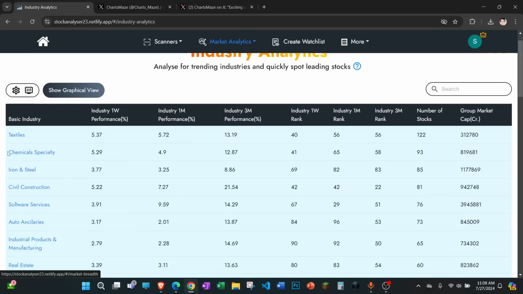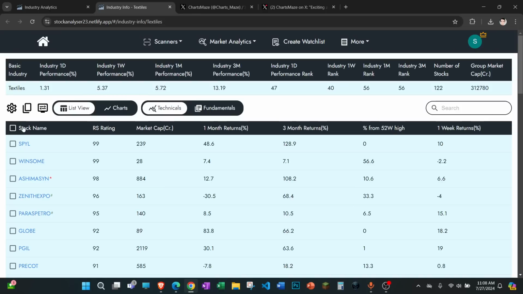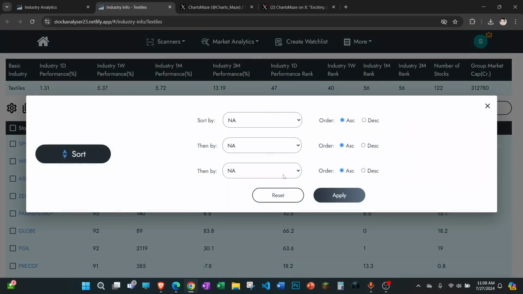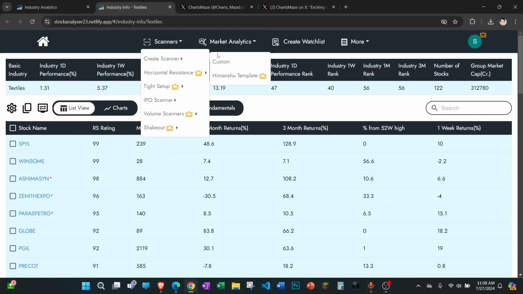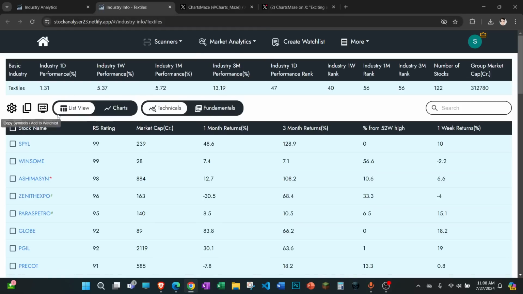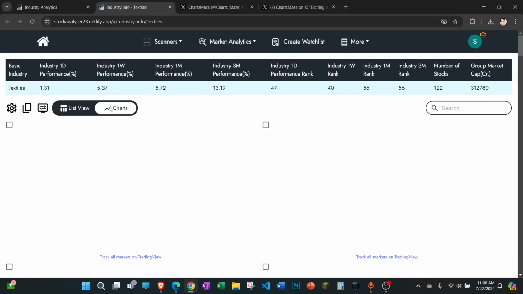So coming back to industry analytics, let's say I want to look at the textile industry. I'll just click it and I'll get the number of stocks. Here also in settings, in custom scan, you can eliminate all the stocks which are in ASM or the circuit revision. I'll show you in a bit. So looking at the charts,